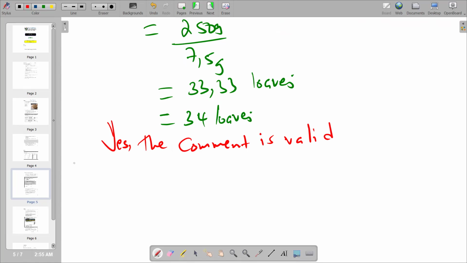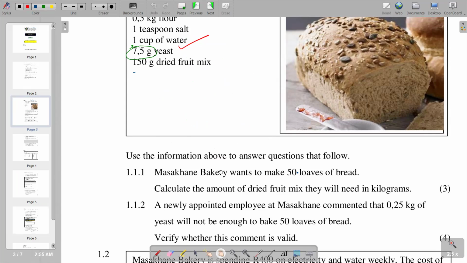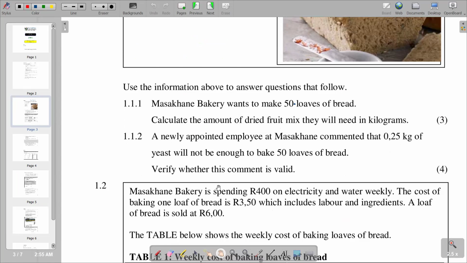So basically, that's what we have in conclusion. Then we move on to the next part of our question, which is now going to be our question 1.2,